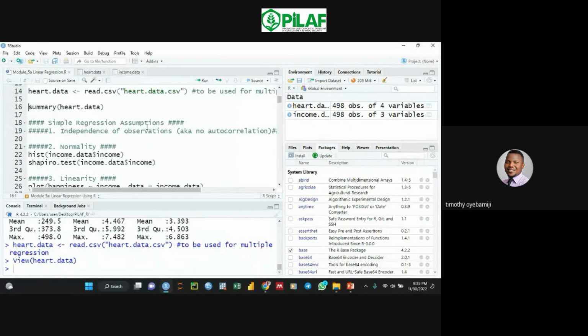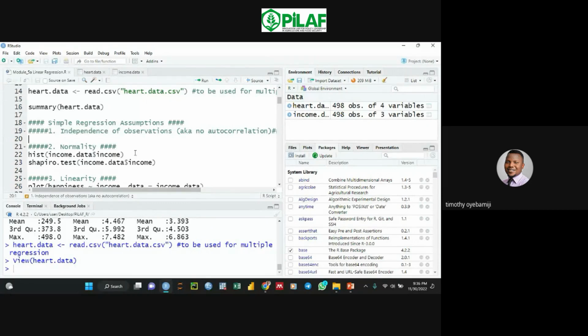All right. So let me go back to the R scripts. Because we have just one independent variable, we can't check correlation with something that is not there. So there's nothing to check the correlation with. We'll skip this for now. When we get to multiple linear regression, we'll check that assumption. All right. Then for normality,